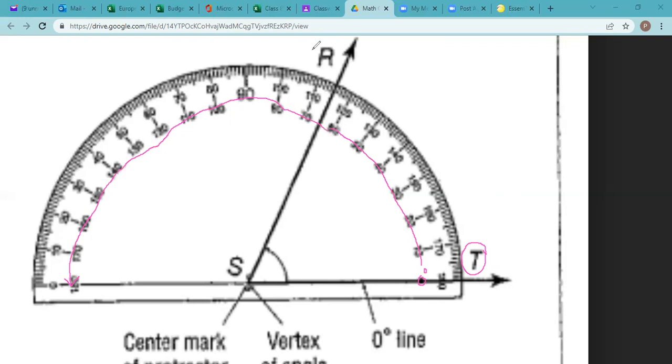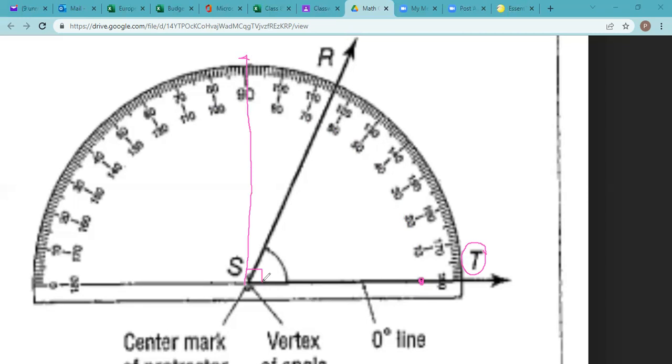So let's see if I can get this erased. Again, if I was to draw the line straight up from the 0 degrees on the inside, and let's say the letter R was right here, we'd be able to tell that that's a 90-degree angle just by glancing at it. You could draw a little square right here and it is a perfect 90-degree angle. But